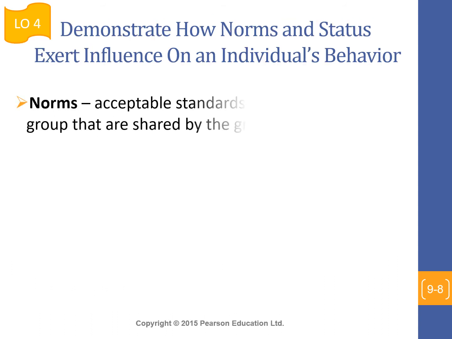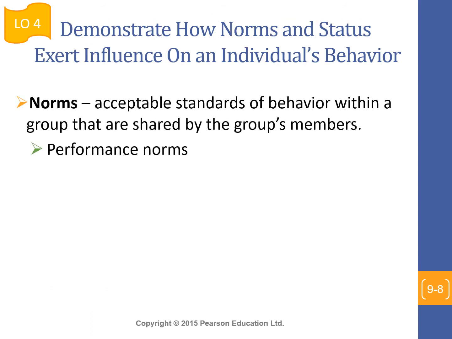Okay. Norms. Okay, norms also happen in a group. Norms are acceptable standards, or actually what we always do. What are the norms, or what are the things that we always do in that group? So it becomes something familiarized in that particular group. Okay, so we have performance norms, the groups that always focus on performance. Appearance norms, a group that is only focusing on appearance.